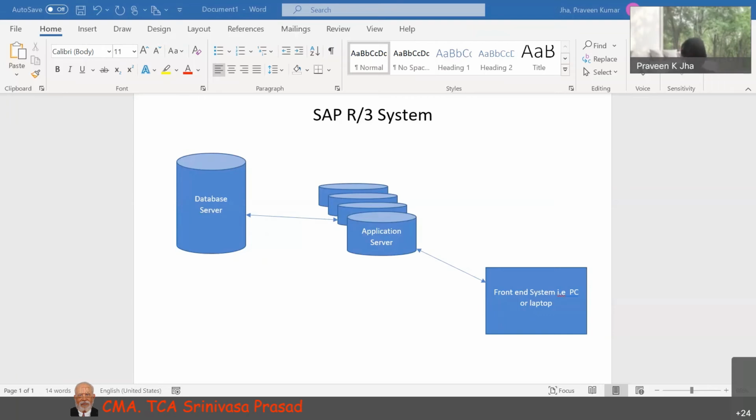Then next is the Fiori UX. Fiori is a web portal through which we are able to access the SAP system. Earlier in ECC or the R3 system, we had the GUI. We had to install the GUI on our PC or laptop, and through that we were able to access the